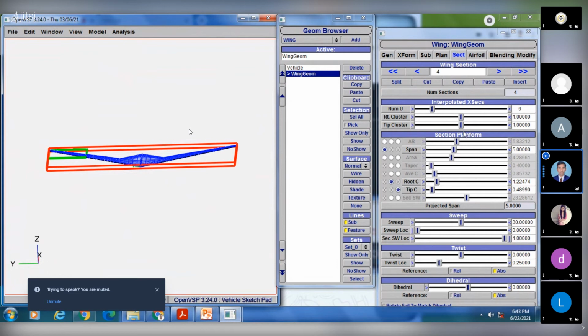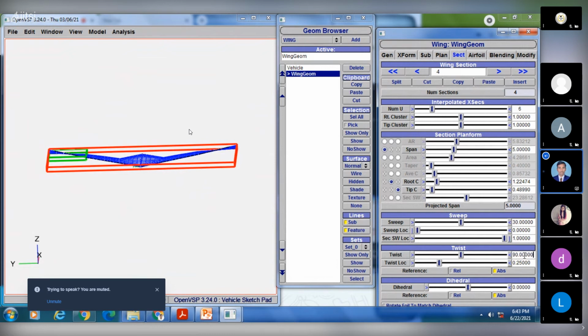So here you can come, we have the dihedral twist. You can twist this one now. Currently there is no twist, so that's why it's 0. Now I will completely twist this section. 90 degrees, so just type 90 and enter.